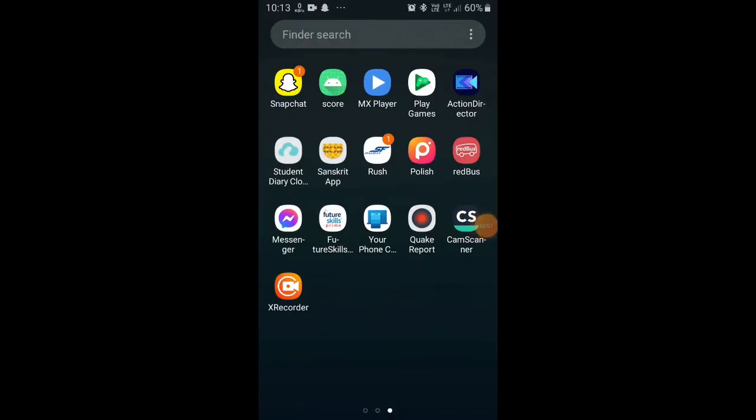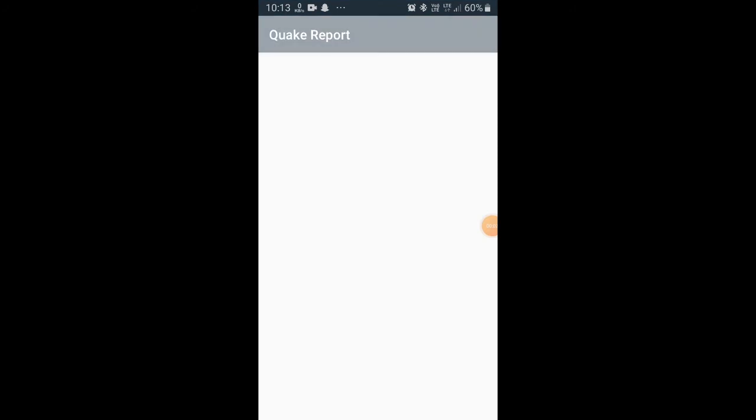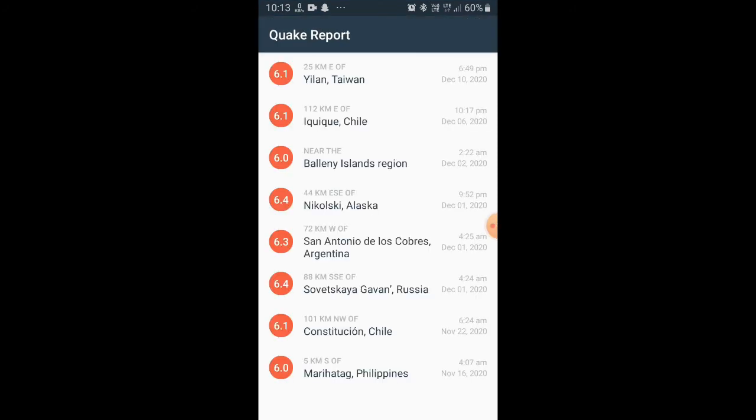Our project work is almost done, but there are a few changes left on which we are working. Like before the list appears, it takes a few seconds. We want to display some message to the user like please wait, loading, or app is fetching data. So this is our project.